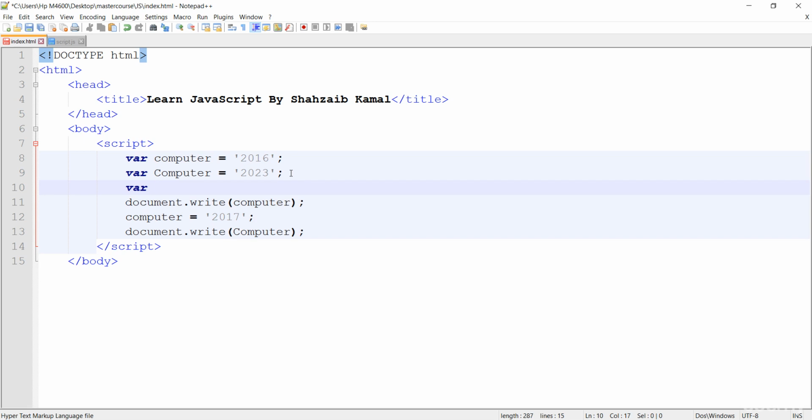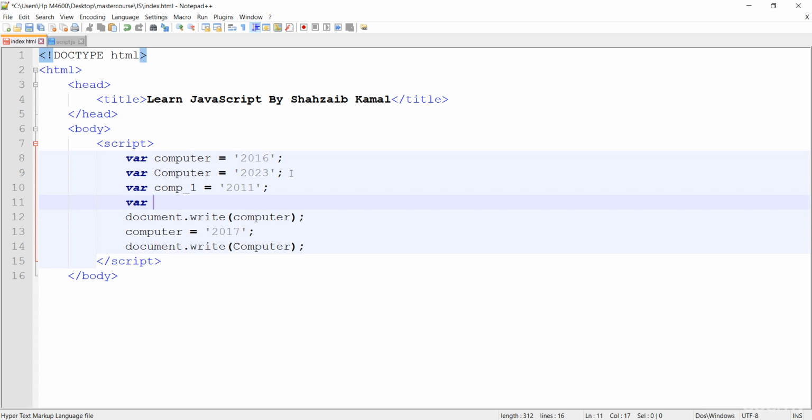I can put an underscore inside the name of a variable. I'm just showing you how. For example, com1, it means computer one or communication one, whatever. Or I can type comp1 to clarify that I'm just talking about the computer. I have the first computer as the 2011, then the variable now comp2. I can type in this way too, the 2012, sorry,